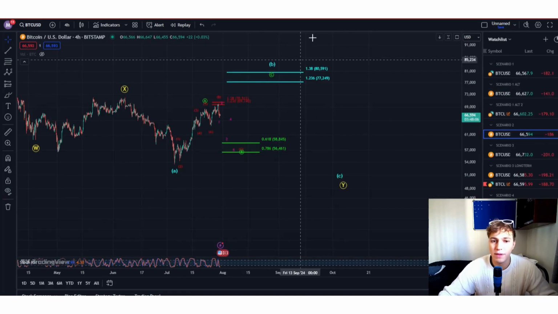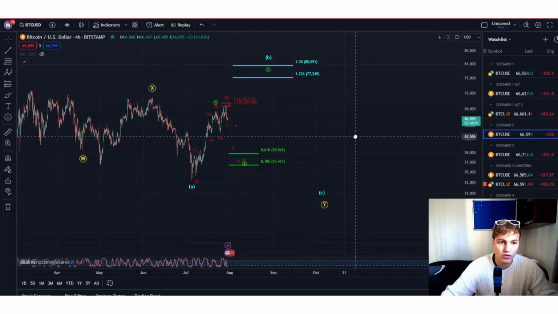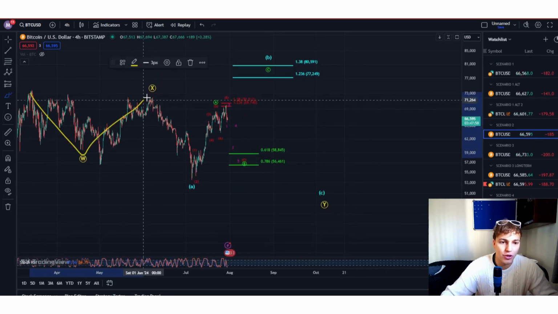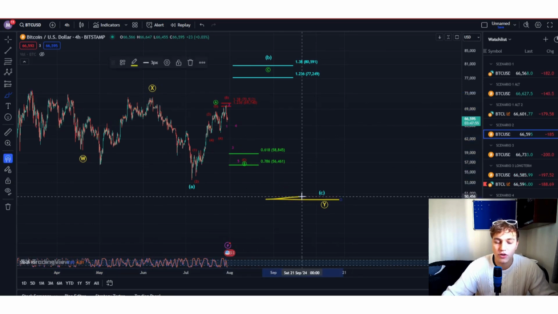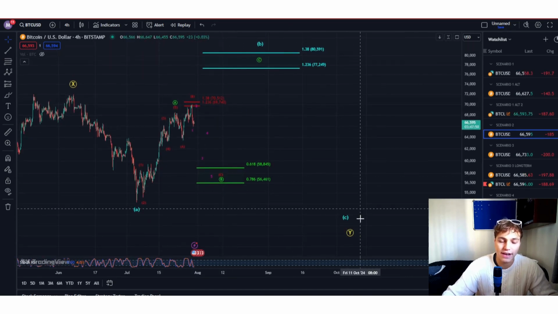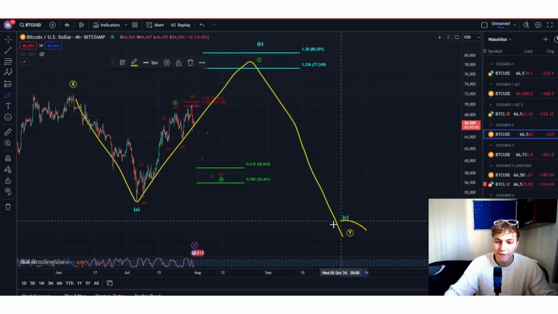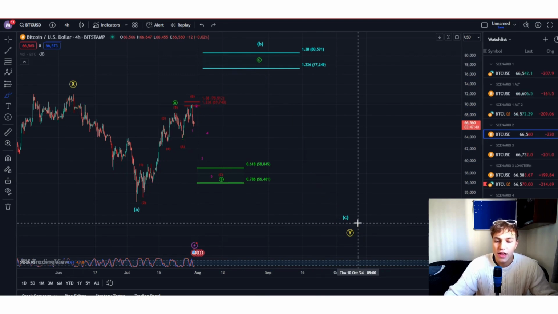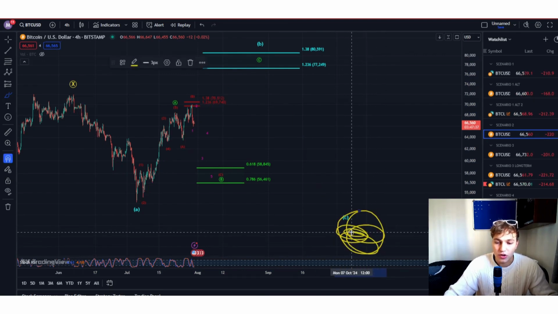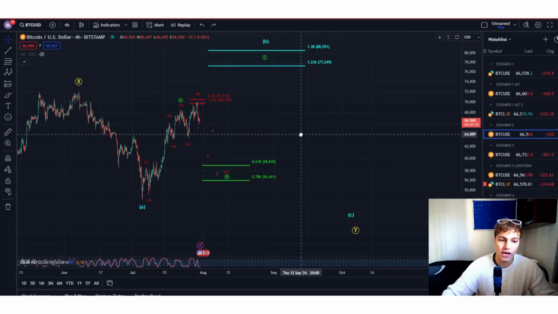For a more likely bearish scenario at the moment, we have this count here. This count here is a still WX with a Y wave not finished, targeting around that $49,000 level. At the moment, we are in an expanding B wave into this Y wave. This expanding B wave is an A, B, C, finishing that Y on the $49,000 level. So this would be an expanding flat like we talked about earlier, and this would be devastating as we